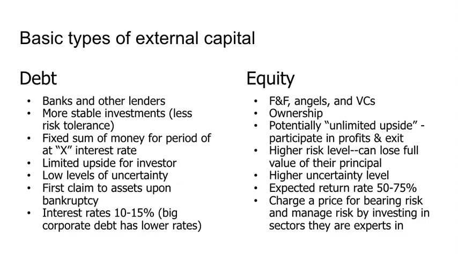That's why, in general, lenders prefer to have low levels of uncertainty. On the other hand, they do get first claim to assets upon bankruptcy. This is usually quite a surprise to entrepreneurs to learn this. In the United States legal system, if a company goes bankrupt, the debt holders get the money out first. And this is why debt is a less risky investment.